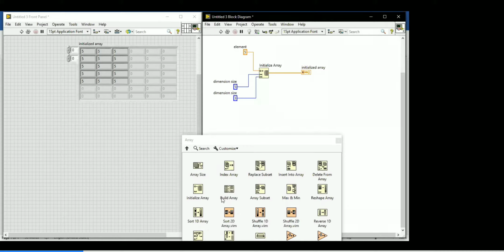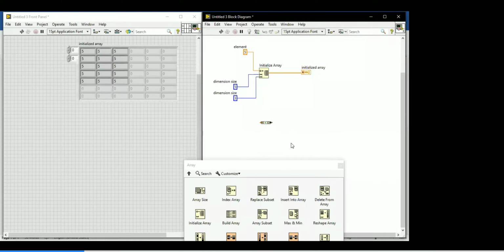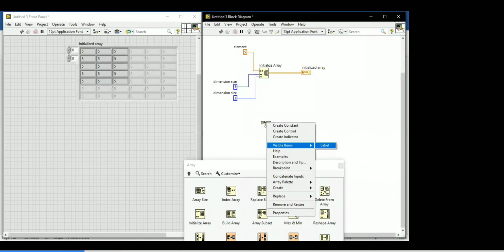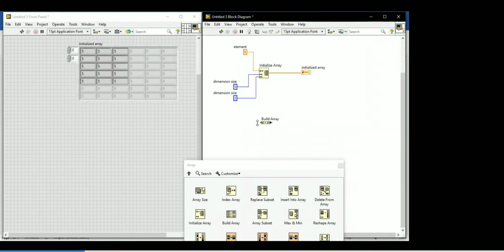To avoid this, there is a Build Array function available. The function name is Build Array. To overcome that, if you want to provide multiple values, because in our application we are definitely not going to use the same value, mostly we will use different values, we have the Build Array function.